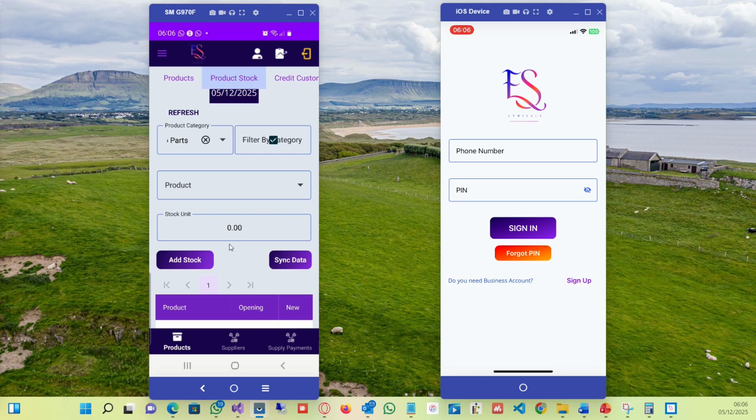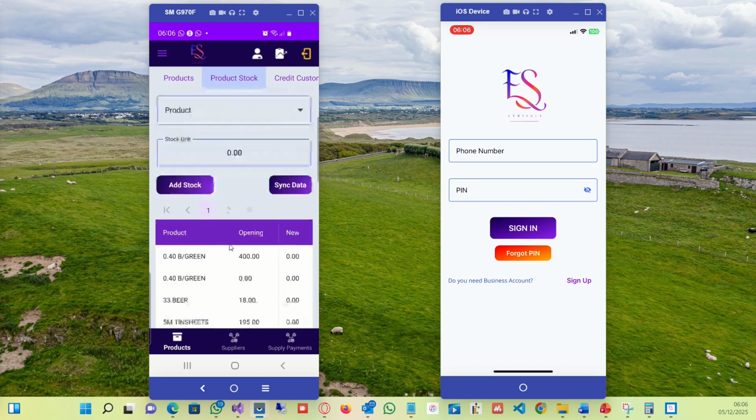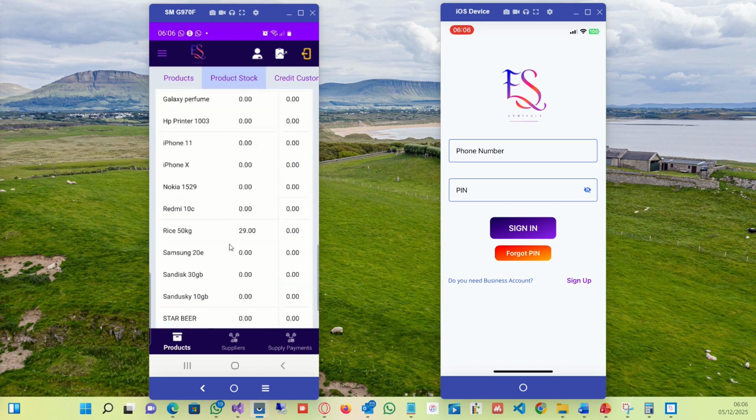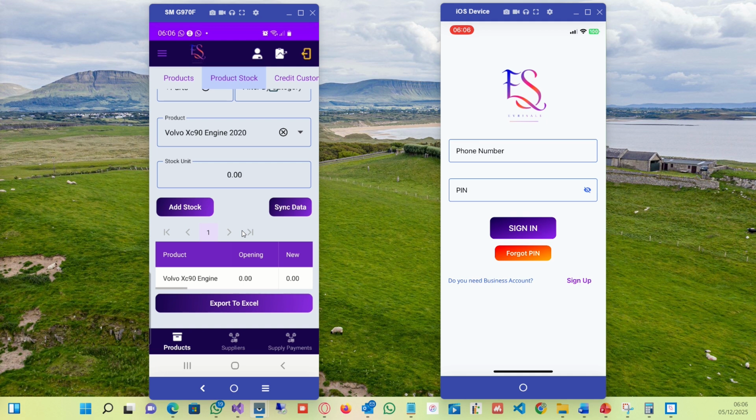I have a Volvo XC engine and BMW. So what I'm going to do now, I'm going to add stock of the Volvo XC engines that I have. So once I select it, I can put in the stock value. I have 20 of this,